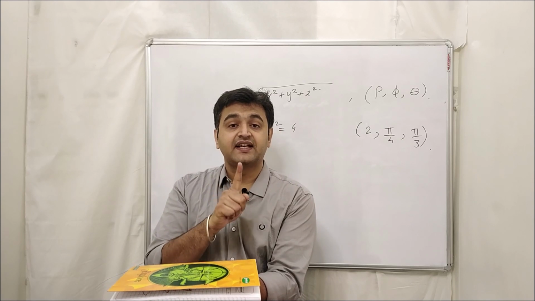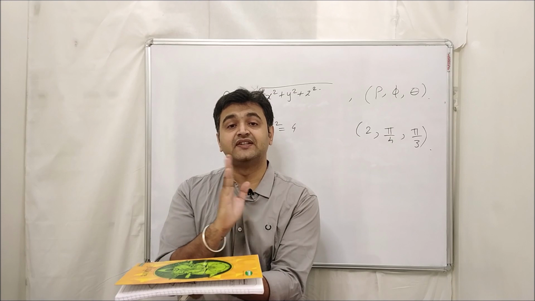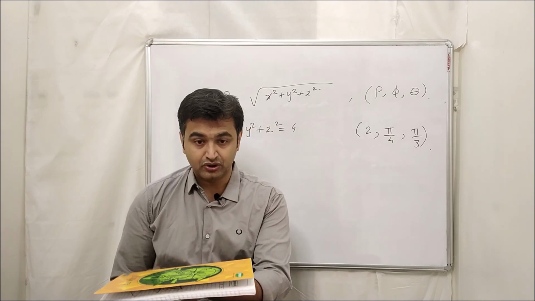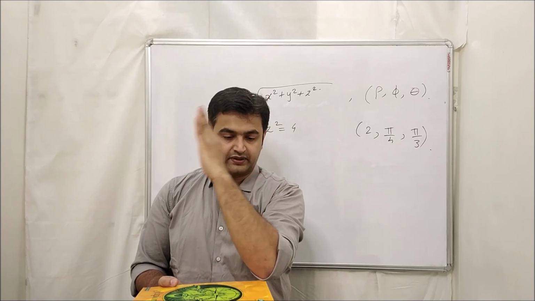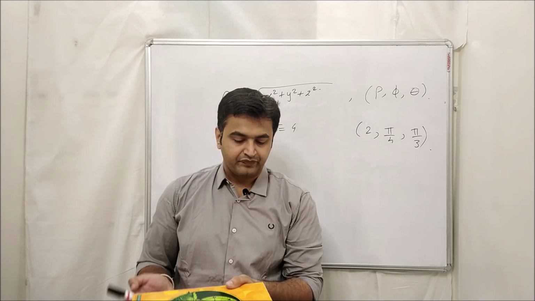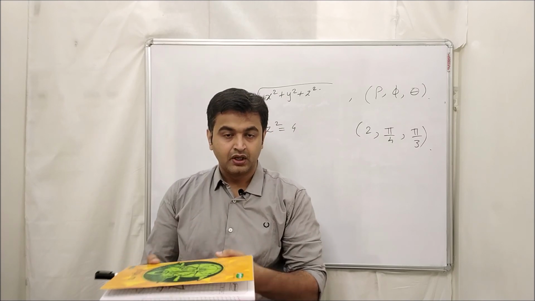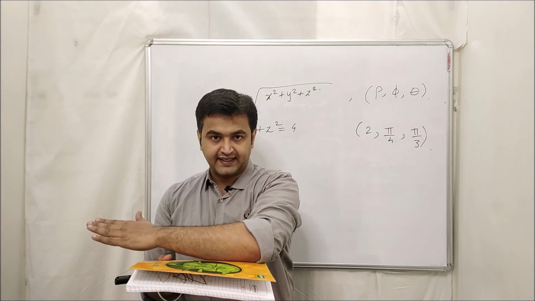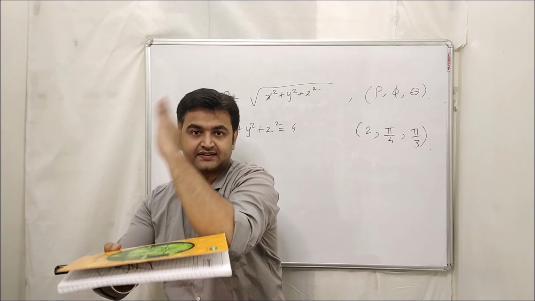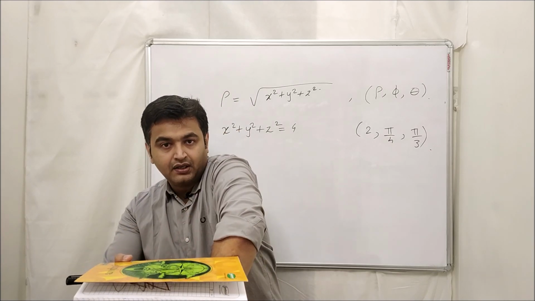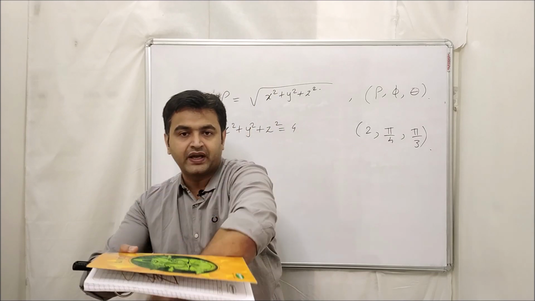Now see, this is my z-axis over here. What is phi? It is the angle made with respect to the z-axis, and we restrict it from 0 to pi. Why so? This is my positive z-axis. If I am taking this much of angle, tilted from the z-axis, this angle is phi. From z-axis to x-axis the angle is pi by 2, and from positive z-axis to negative z-axis the angle is how much? Pi.